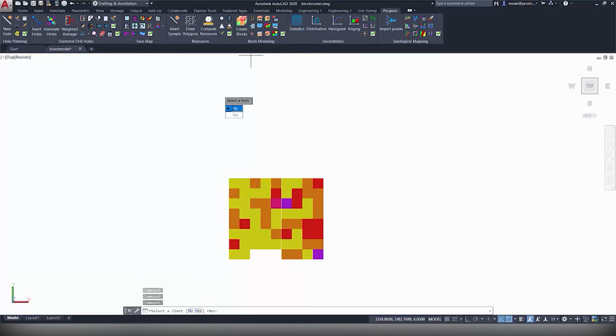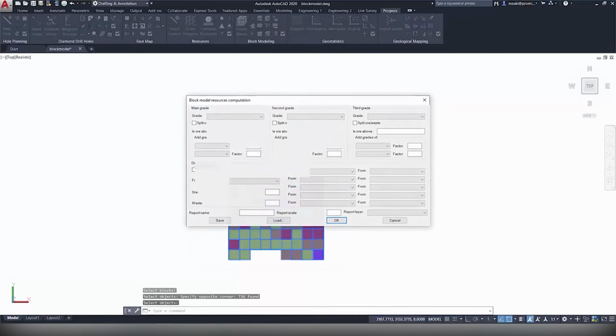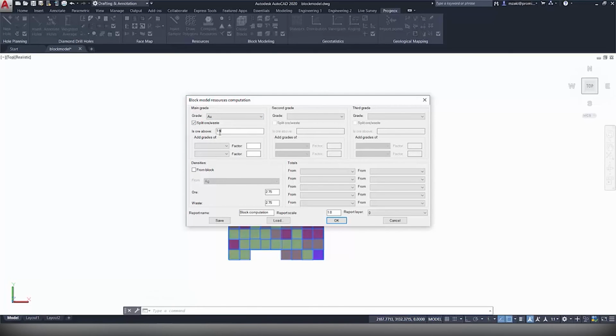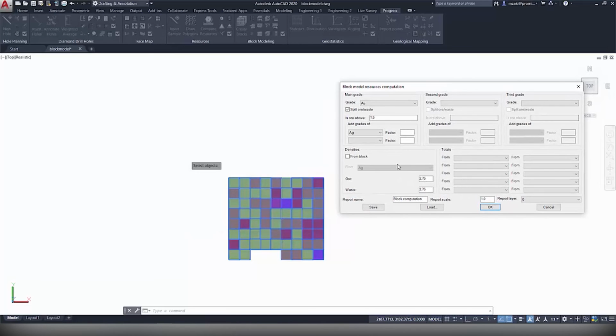Now we're not going to select a limit, so we're going to hit no, select all the blocks, hit enter, and in the grade area here we'll select gold, split ore and waste at 1.5, and we're going to add a factor of silver here because we do have another grade present in this block model, and the factor is 0.02, for example. Now the densities, we'll leave as fixed, and the report name and the report scale can be adjusted here. So hit OK,